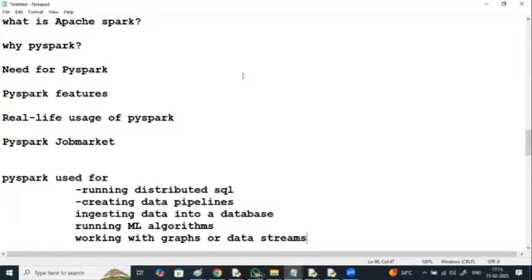I'll be discussing the main features. It takes time, but what are the real life use cases of this PySpark? Real life usage.